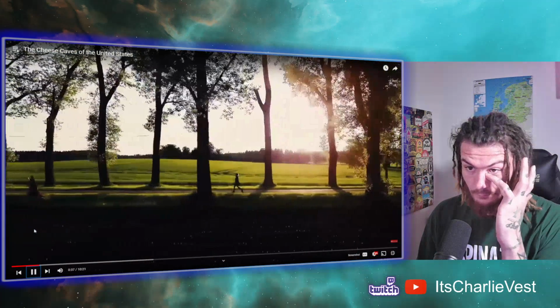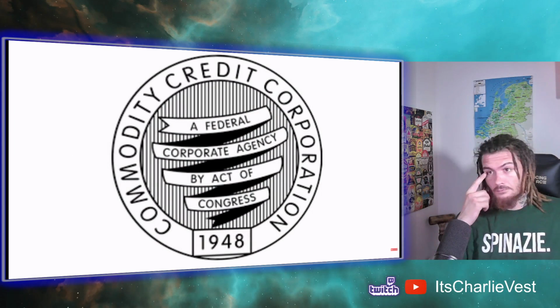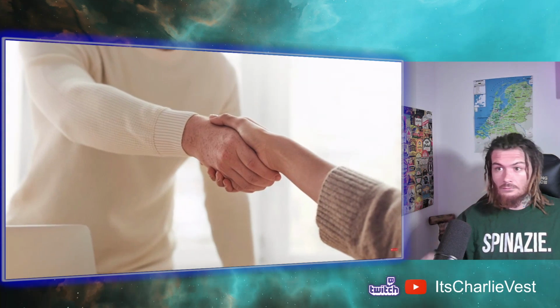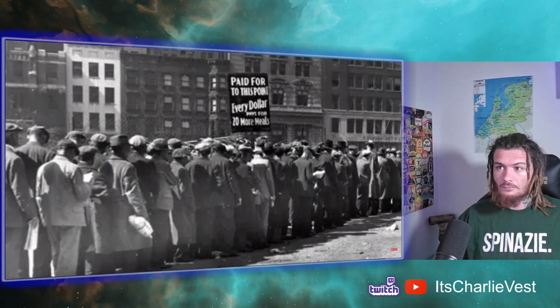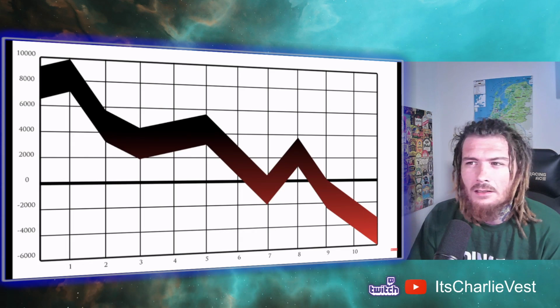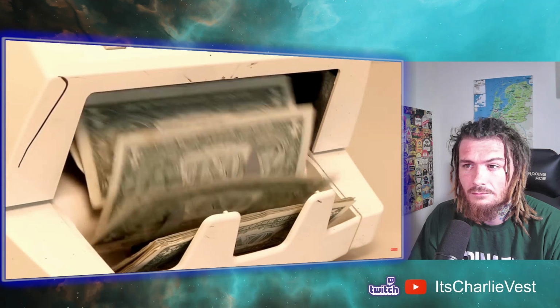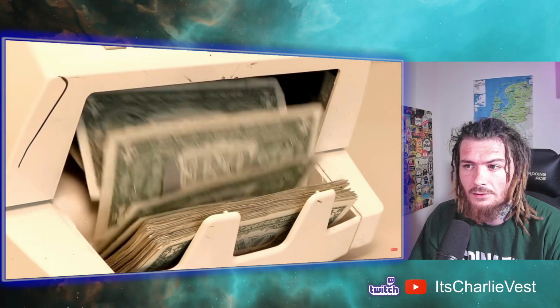But the path that led to how the cheese caves came to be can be traced back to the mid-20th century. The cheesy story all started in 1949, when the Agricultural Act of 1949 gave the Commodity Credit Corporation, a government-owned corporation dedicated to stabilizing farm incomes, the authority to purchase dairy products like cheese from farmers. The CCC had been around since the Great Depression, when it was created as part of the New Deal's attempt to stabilize prices and help farmers. During the 1970s, as Americans sat in long gas lines and watched the economy drop, they faced another crisis, an unprecedented shortage of dairy products. In 1973, dairy prices shot up 30% as the price of other foods also inflated. When the government tried to intervene, prices fell so low that the dairy industry begged the government to change their ways. So in 1977, under President Jimmy Carter, the government poured money into the dairy industry, motivating production and alleviating